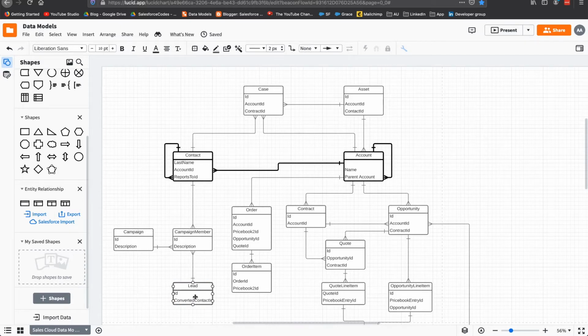But another thing to consider is that the lead object is used to represent a prospect or a potential customer, and once we are ready to start business with them, usually we convert them into account and contact. So say your company is in the business of selling computers,